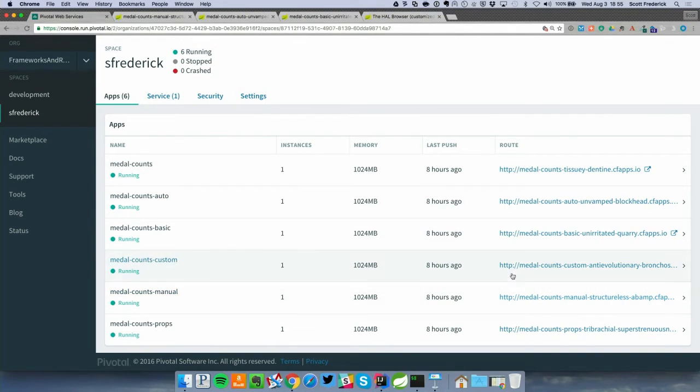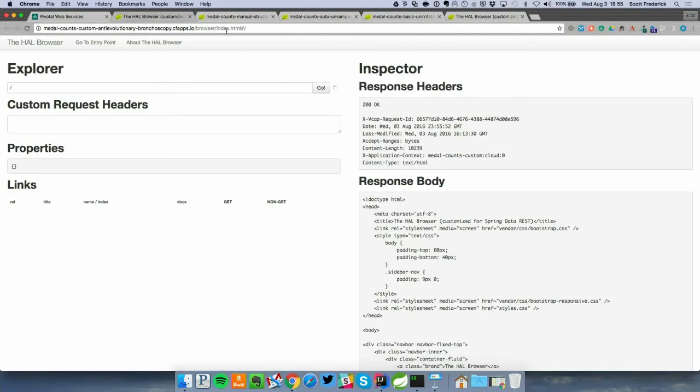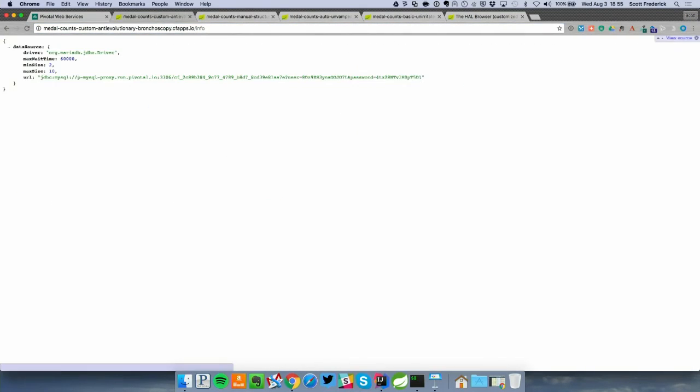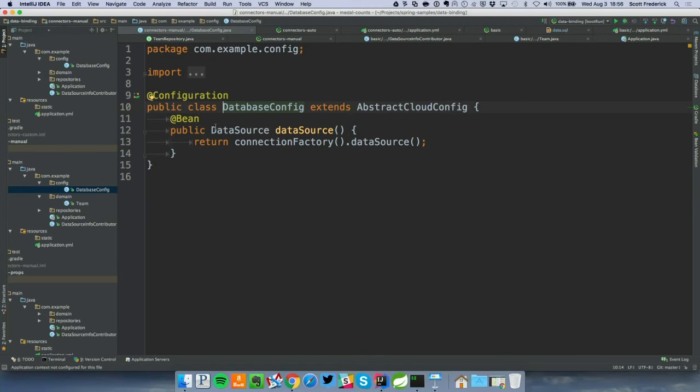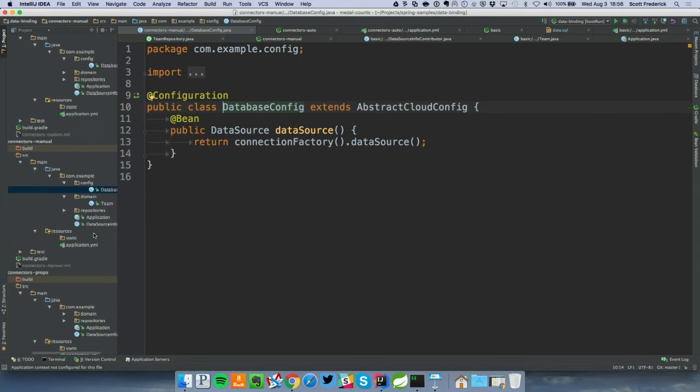So this is the custom example. I'm not going to bother showing you the teams again. I'm just going to go straight to the info endpoint. The only difference between this app and the previous one is now my minimum pool size is 2, my maximum pool size is 10, and this has changed from 30,000 to 60,000. And this is because my app has now taken over customizing what these pool parameters look like. And in the code, what that looks like is